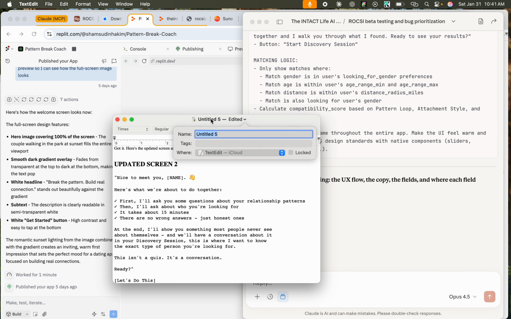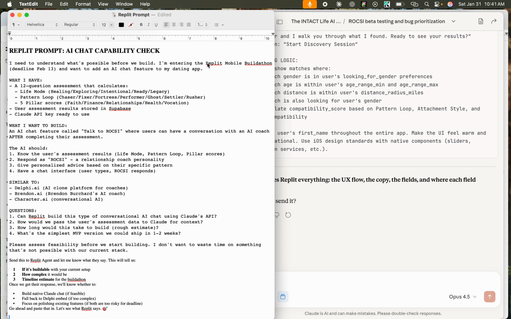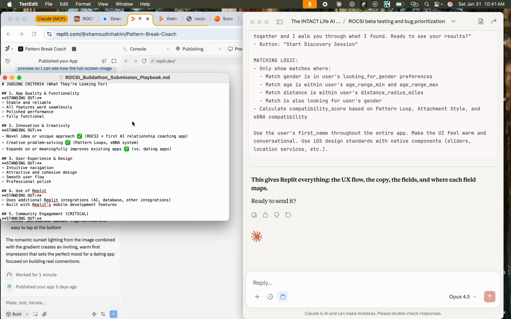And let's call it field mapping. Important, because we're going to need to come back to that. I'm not going to exit out, but I'm going to minimize it so it can show up with all my other stuff. Okay, I don't want y'all popping up all this crap. Come on now.